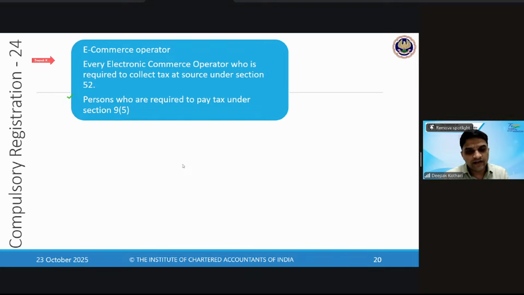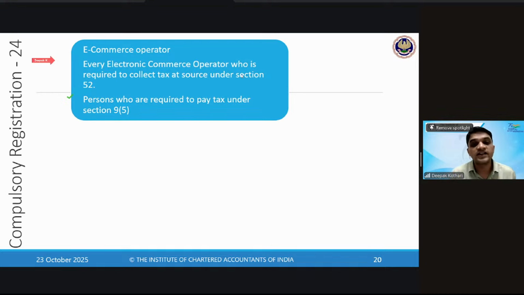TCS is not considered a levy of tax under GST. That is income tax TCS. We are talking about GST TCS. So the same terms are used in both acts, but that under income tax is different, and under GST it is different. Banks, no, no, Stephanie, banks will not come. 9-5, yes, yes. Harsh Mishra has given the correct answer.